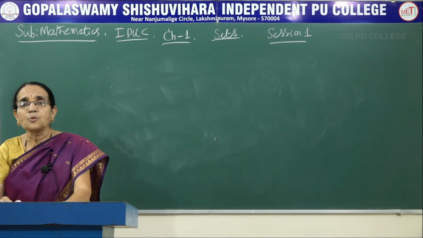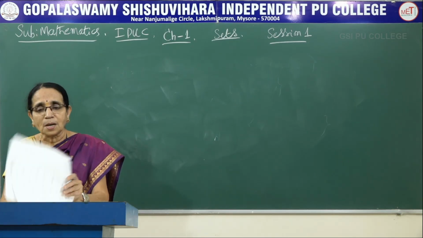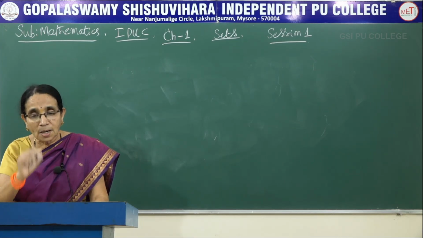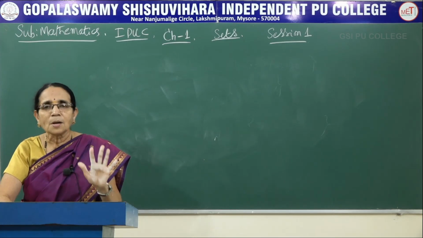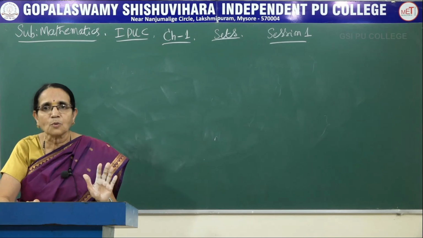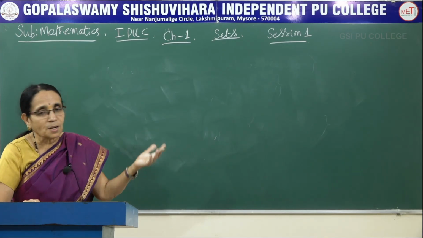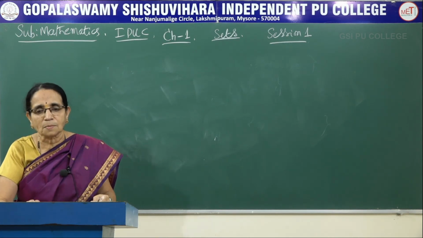Suppose I take a few alphabets of Kannada and a few alphabets of English and mix them, we cannot call it a set because they are of different types. English means we should have only English alphabets, Kannada means Kannada alphabets, Hindi means Hindi alphabets. Like that, we should have the same type of quantities inside the flower bracket. Then we can call it a set here. Not all collections can be called a set.